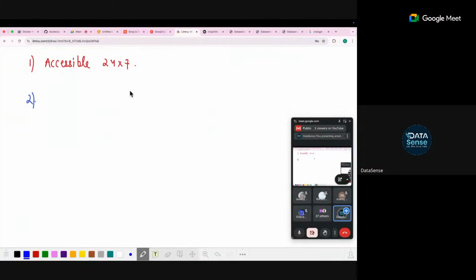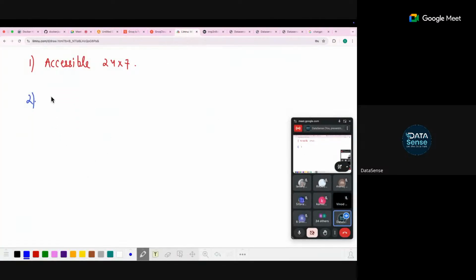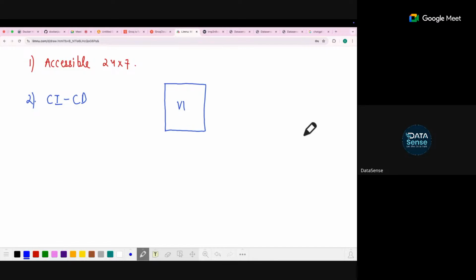A lot of you would have heard, a lot of you would not have heard. So what do continuous integration and continuous deployment mean? Let's say there is an application which is running online. This is version 1 of it. Now in the backend, developers are working, improving it, adding things, and let's say version 2 comes in.